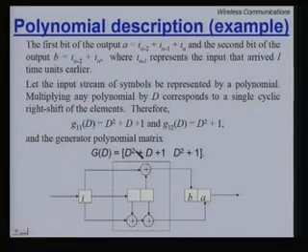So, you can define the generator polynomial matrix. Please observe the words. We have talked about generator polynomial before for cyclic codes. We have talked about generator matrix for linear block codes. We are now defining something called the generator polynomial matrix, which has these two components, G11 and G12. I can specify my entire convolutional code using the generator polynomial matrix.